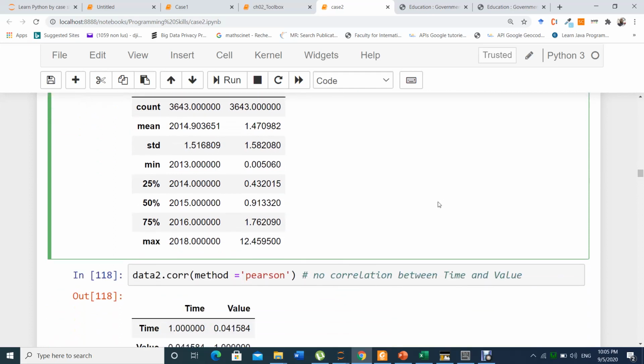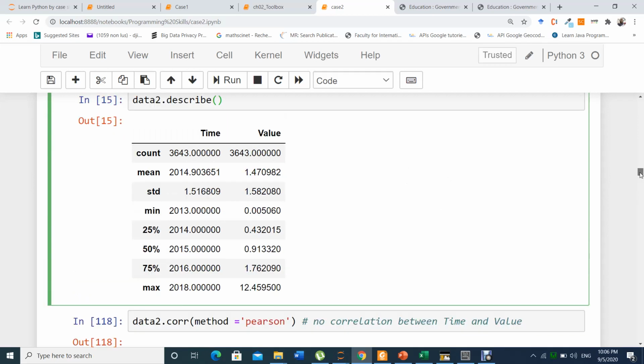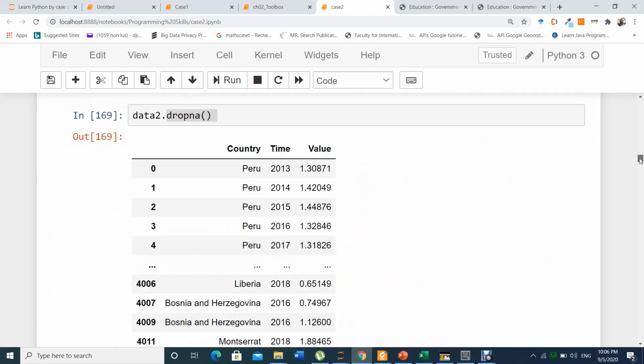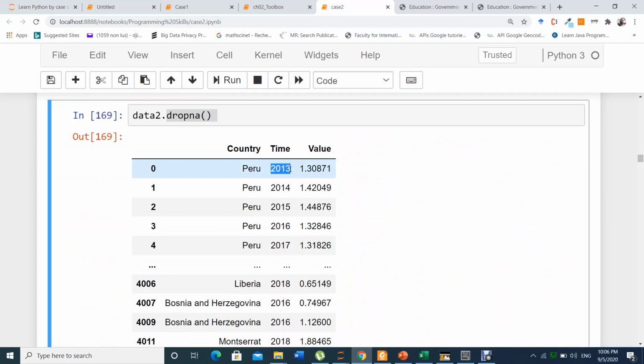And also there is a way to get a correlation value between your data. For instance, you want to see the correlation between the time and the value. Of course, from here we can even predict that there is no correlation. Why? Because you see, this time is 2013. This value is far from this value, so we can easily see that there is no correlation.